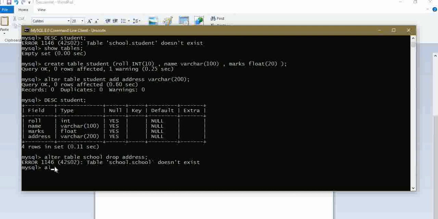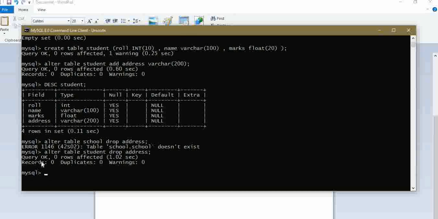So what to do? Alter table, name of the table is your student, then drop address, then click enter. As you can see, query successfully executed, and 0 rows affected means no rows have been changed because we are not inserting any row.